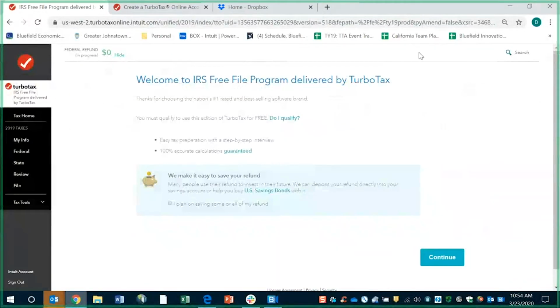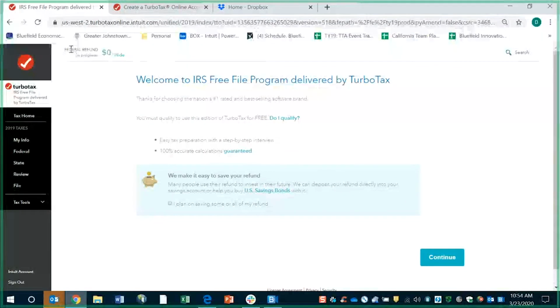This is the landing page for the product that you will be brought to. A couple of things I want to point out. First of all, along the left-hand column here, you see the menu bar that tells you the different steps in the process that you will follow. First, you'll enter your demographic information, you'll do your federal return, it'll transfer over to your state return before a review and a file. Secondly, up here across the top is what we call the tally bar, and this is